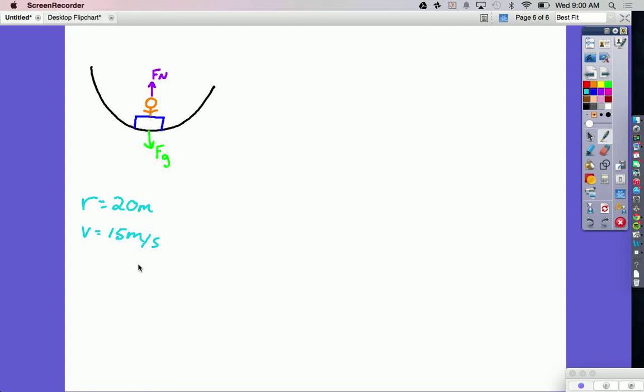First things first, we have to write our equation for centripetal force. Now I've got two forces, one going towards the center of the circle, the other one going away. So my equation becomes: the normal force is positive because it goes towards the center, and gravity is negative because it's going away from the center. And those two things together give me